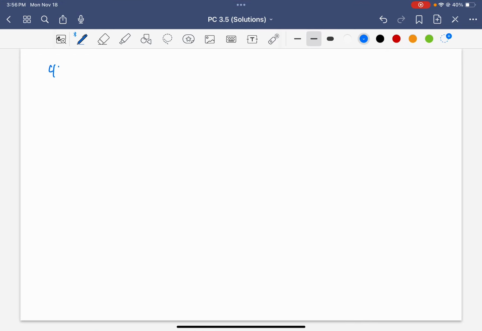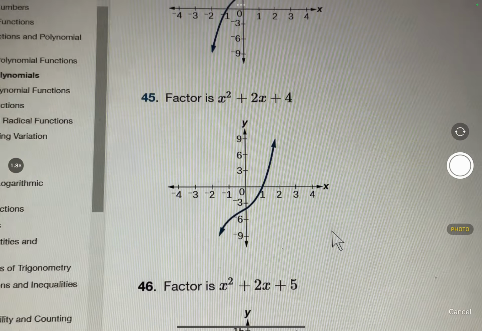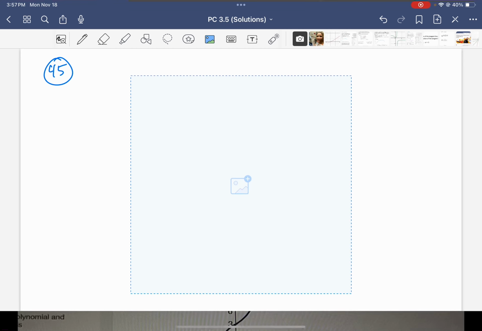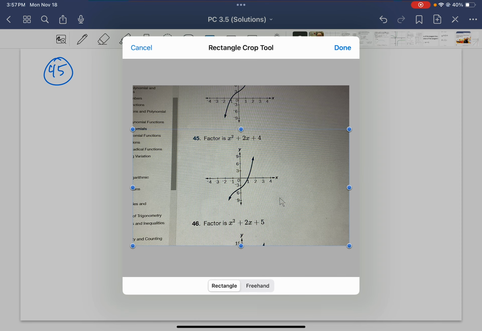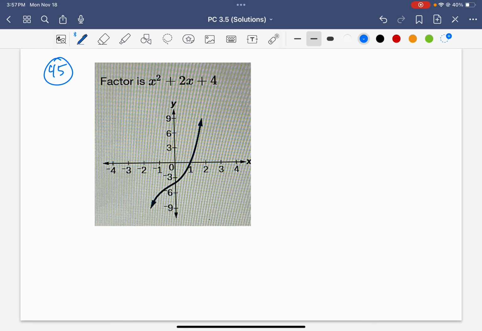45 and 47. Let's look at 45. 45, it says use the graph and one factor to write the factored form suggested by the graph. Okay, so the leading coefficient is 1, it says. Okay, so if we're looking at 45, let me show you the picture that it's talking about. Okay, so for 45, it says we've got this sort of a situation. Let me crop it. Okay, so if that is what we've got going on,